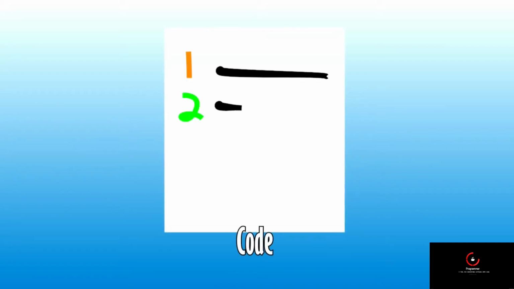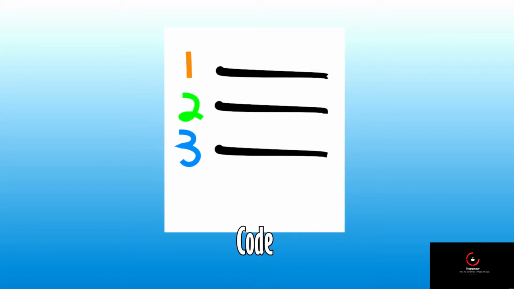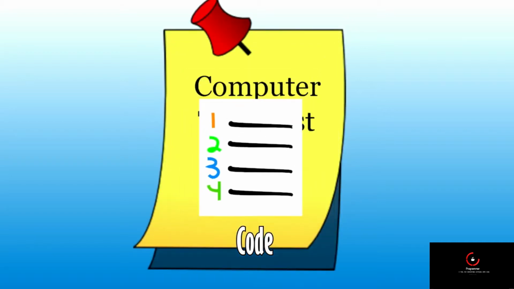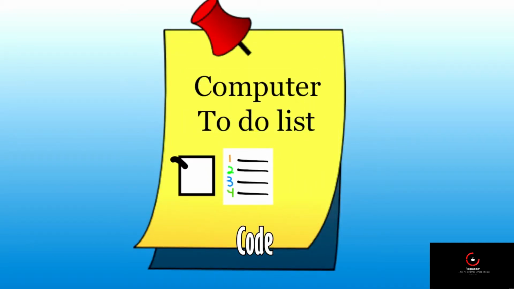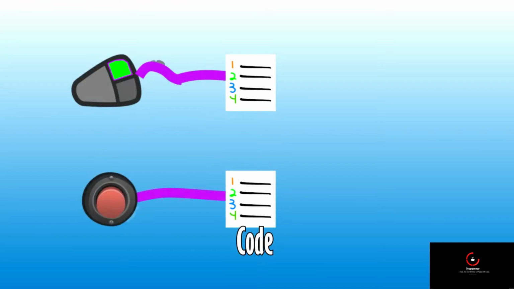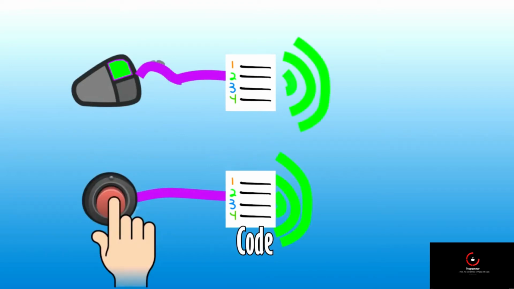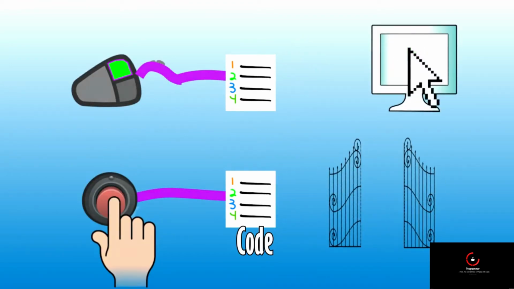Writing code is writing a precise set of instructions a computer or device can understand. It's explaining exactly what you want your computer to do at any given moment. Computers need to know exactly how to react to things like the clicking of a mouse or the pushing of a button. And whatever happens, ultimately is happening because of lines of code written by a human programmer.